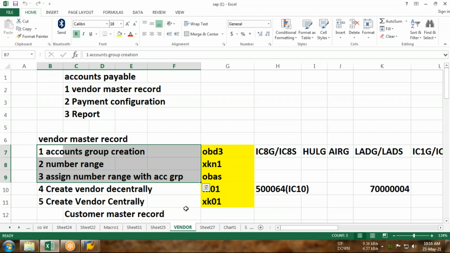So currency fluctuation should be there. Foreign exchange fluctuation reserve calculation should be there. So you can create another accounts group for the foreign vendor. The parameters will totally be the user's choice.